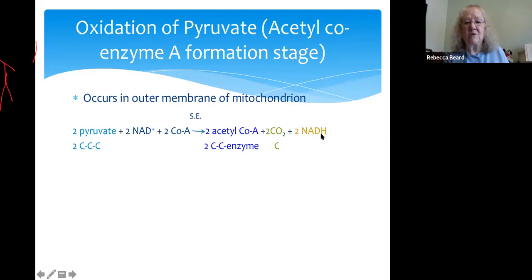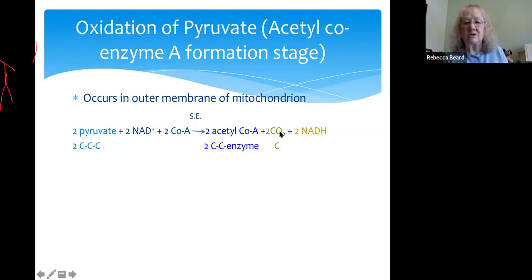So we've lost 2 more hydrogens. And that is going to cause the carbon chain to break apart. One carbon from each molecule is going to be broken off and